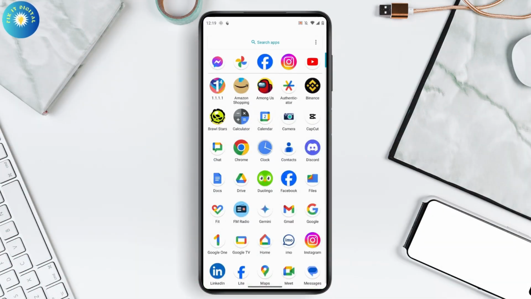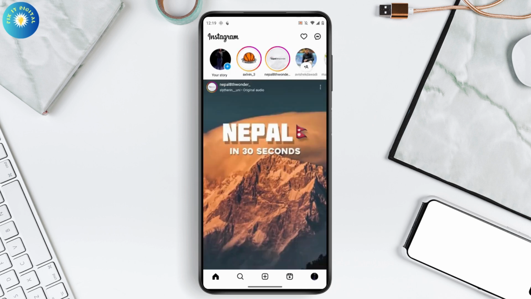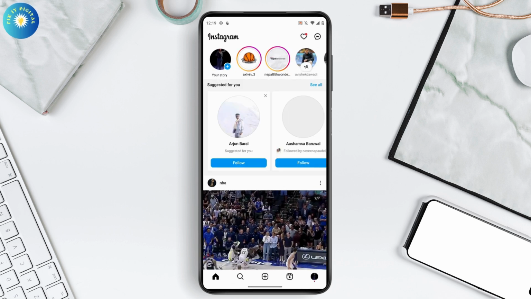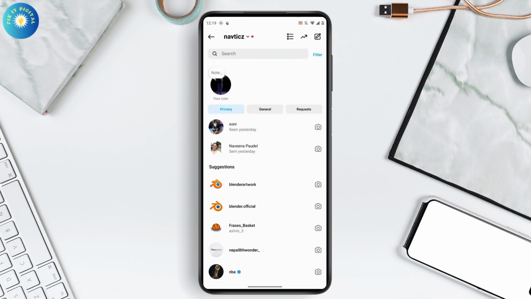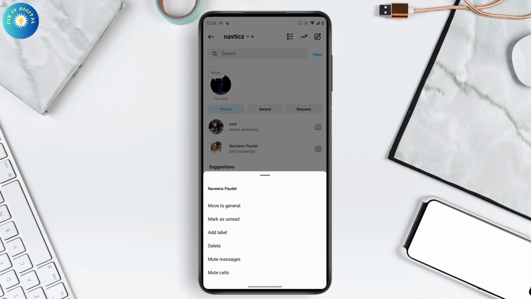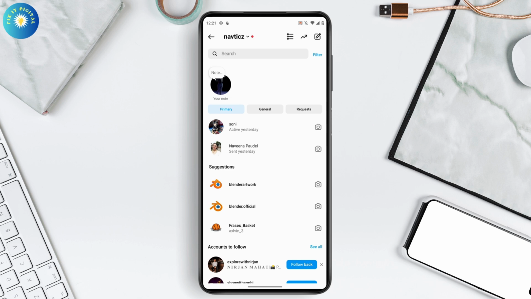simply open up your Instagram application, and after opening it, just tap on the message icon which is on the top right. From here, simply select a chat that you want to pin. For example, I'll just select this one, and after selecting a chat, what you have to do is just simply